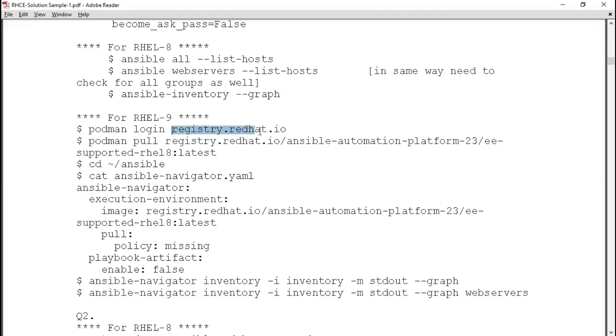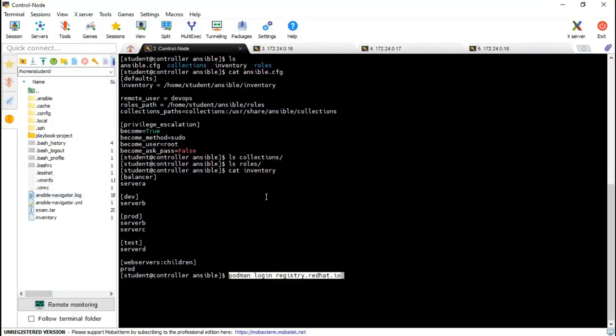Here we need to log in, but in the exam they will give you a registry where you do not need to log in. You can directly pull the image, right? And I hope you understand this. Directly pulling is only possible when we have a public or private registry. So they will keep the image in such a way that you can pull it directly without logging in. But in my case, I need to log in on my server control host. Do you mean to say I have to only say podman pull? Yes, podman pull directly. So here, let me do 8.1.